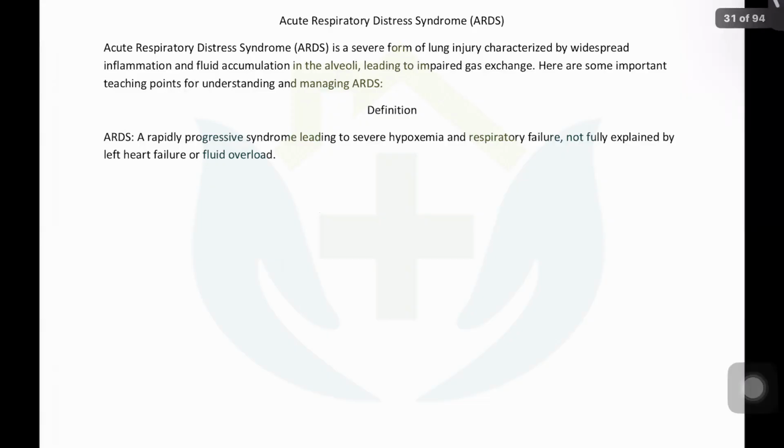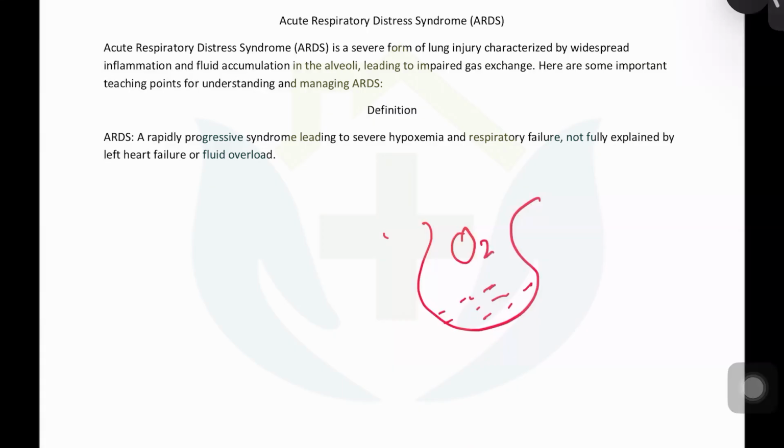Let's understand the ARDS. So ARDS is one of the most severe forms of lung injury that we have ever encountered in clinical practice. It is characterized by widespread inflammation and fluid accumulation in the alveoli. So what happens is that like a joint gets inflamed after injury or because of arthritis, these alveoli suddenly get filled with, oh, water. So there is fluid. Now there is oxygen. Problem with the oxygen is that it is not water soluble like carbon dioxide is. So this travels into the blood with difficulty.